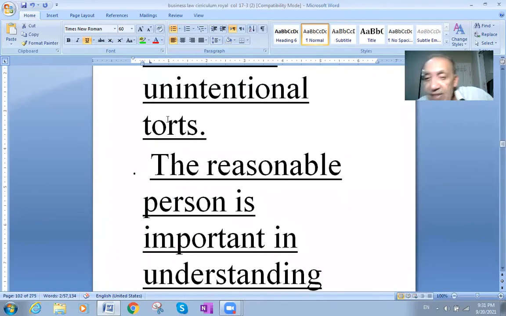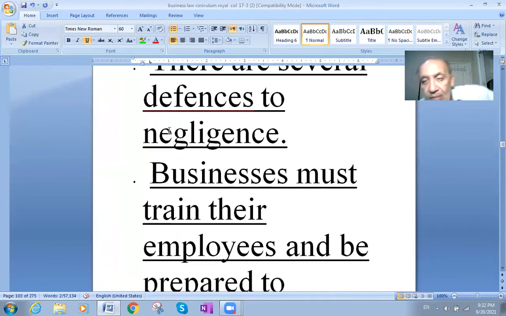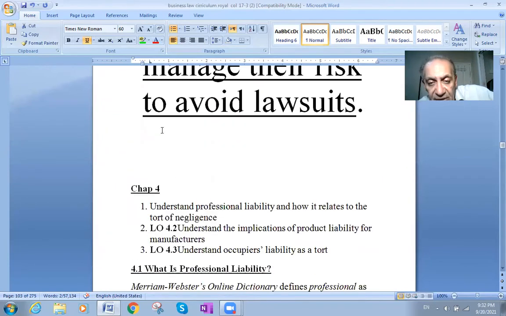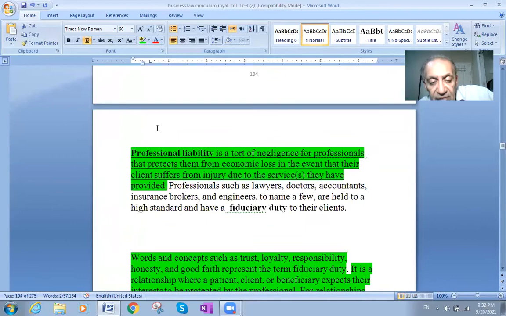Anybody working in business must be aware of tort law so that he would avoid causing people harm. And he would reduce the risk which some of his employees will be involved in. He can try to reduce the amount of risk by helping them, by having a duty of care for the work which they are doing. So that will avoid lawsuits.